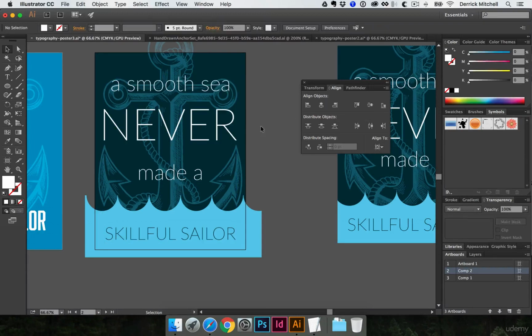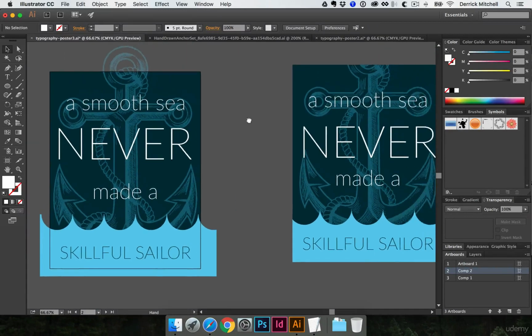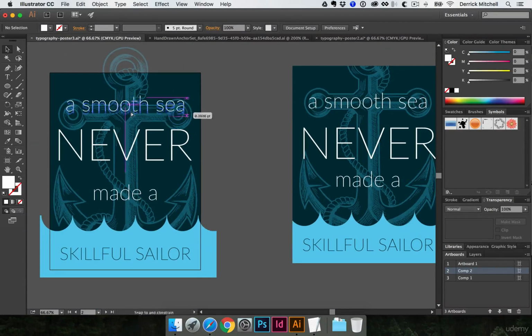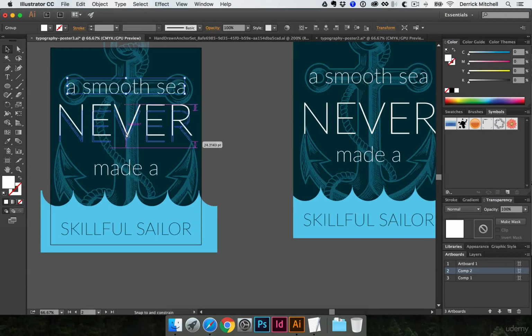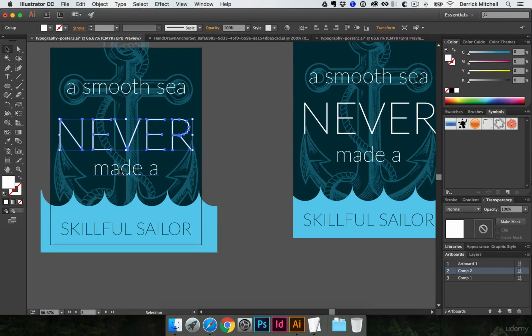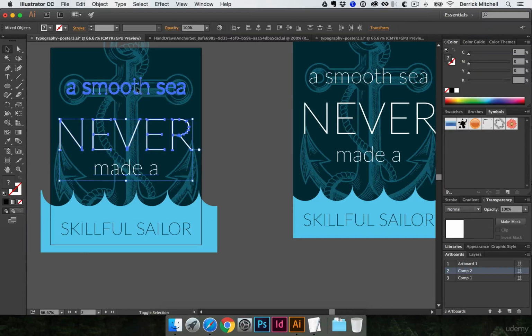Now they're all center aligned, good to go there. I'm going to just do a couple more little things here just to nudge these in place. You can see my smart guide's telling me that I'm balanced here. I can also shift click all three of these and now come back to my align panel, and I can